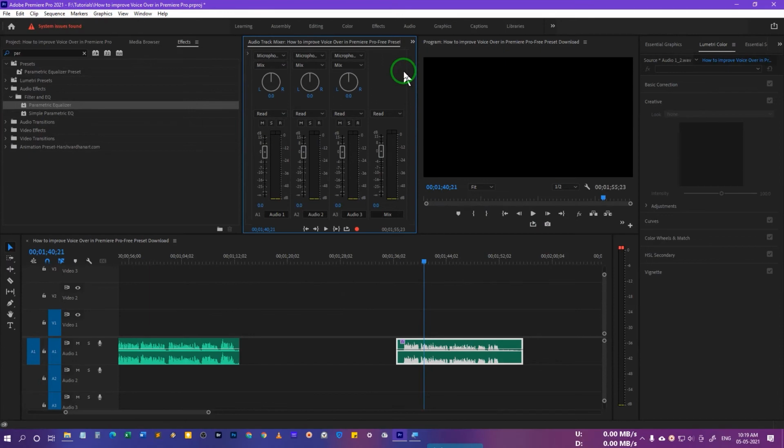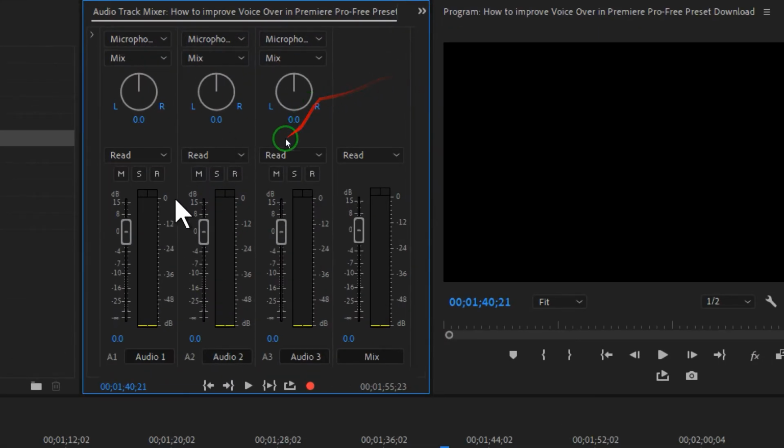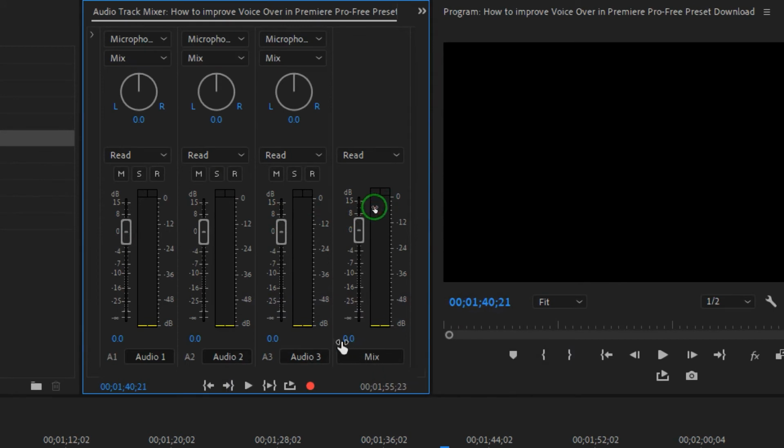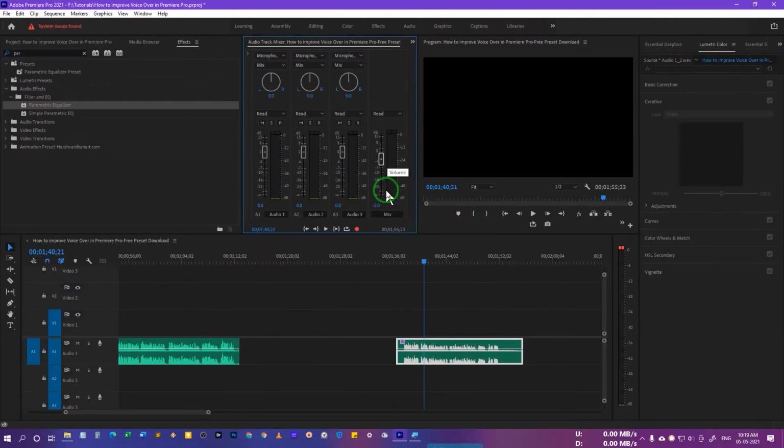All right, so over here in this interface you have the audio 1, audio 2, audio 3. So, and this is the final mix. So over here you have to just type -3 dB. So what it's going to do, it's going to limit all the peaks to -3 dB. All right, so if we just play through that way, your voice would be better and it would not distort. All right, so it's going to give the final output to -3 dB.